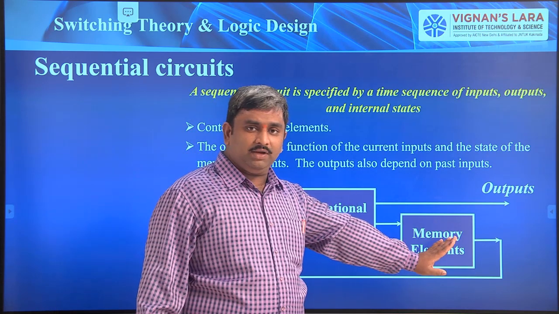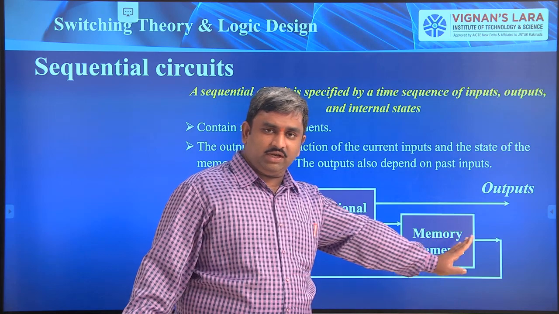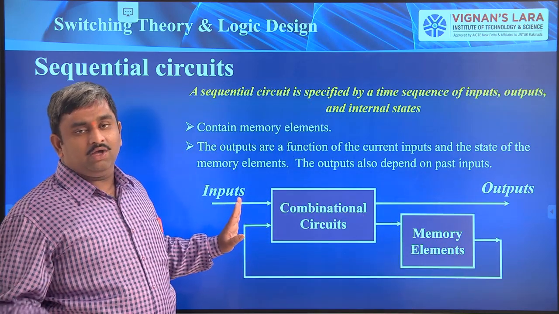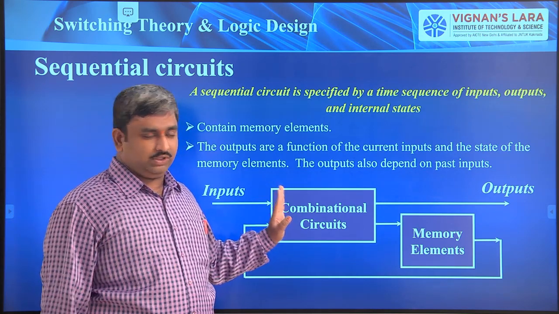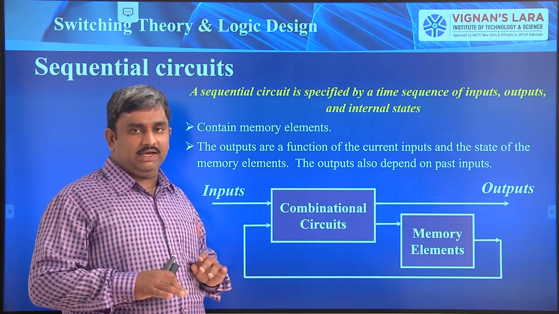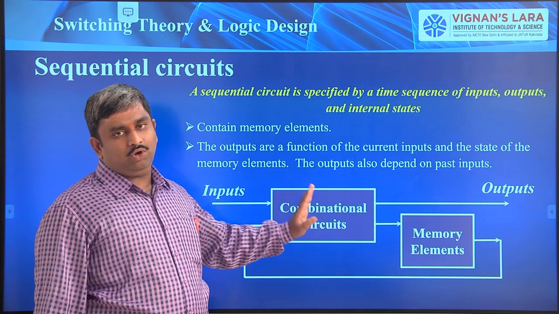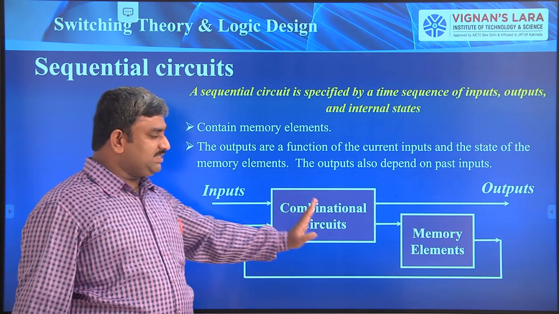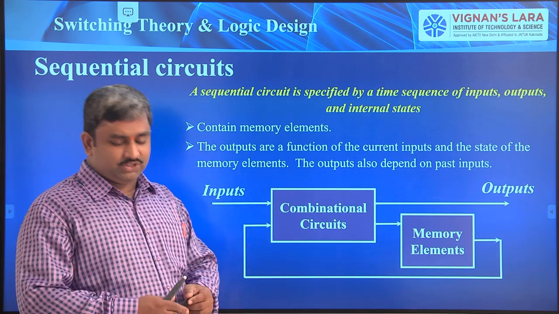In these memory elements, it will check what the room temperature is. After checking, the values will be fed into the input. If the room temperature is very high, then this fan automatically goes to the on situation. If the temperature is enough, whatever requirement we have given, and both are the same, then this fan automatically goes to the off situation. Even if you give the input, it decides based on the memory elements. So this is a sequential circuit.